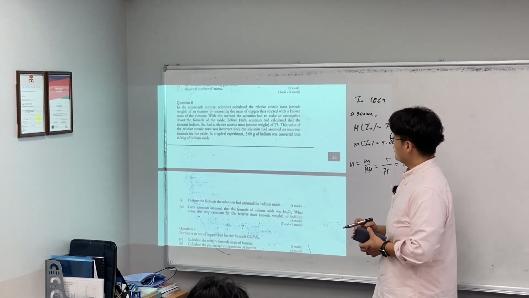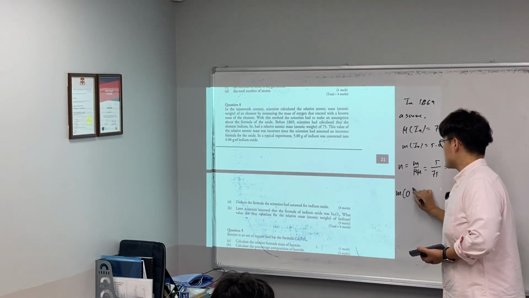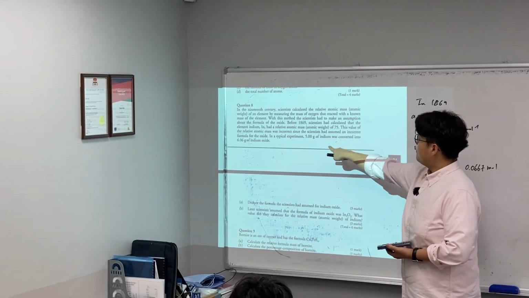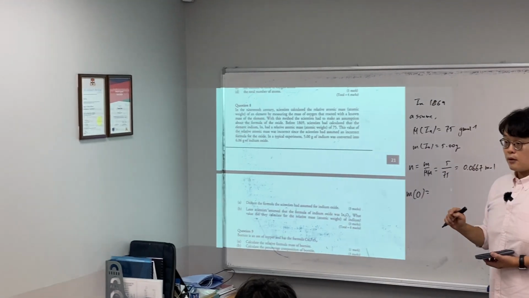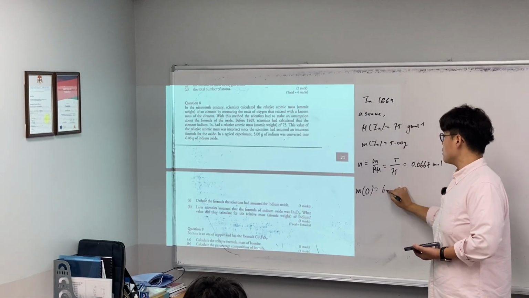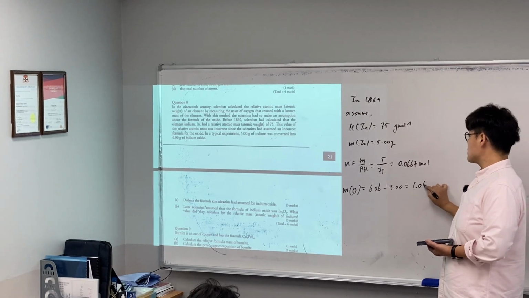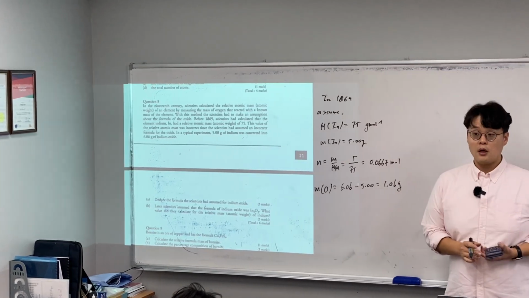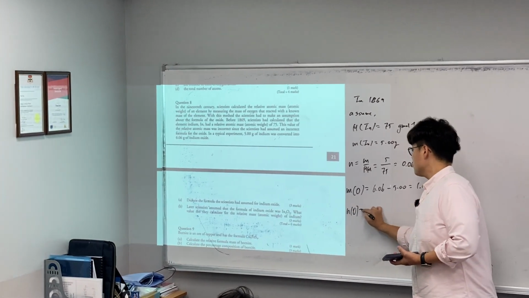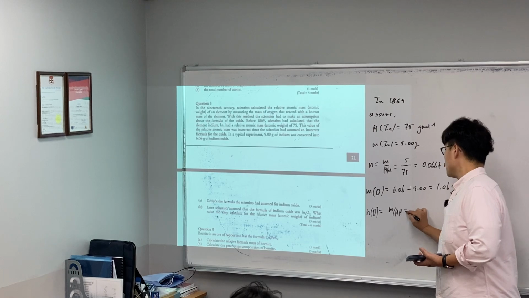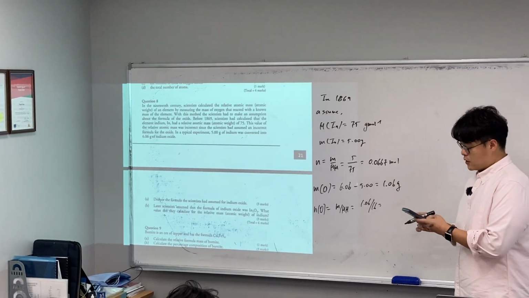And then they assume the mass of the oxygen. If 5 grams of indium was used to produce indium oxide, the mass of the oxygen must be 6.06 minus 5.00, giving us 1.06 grams of oxygen. Make sense? That means n of the oxygen must be, again, mass over molar mass. That's 1.06 divided by 16, just using our value, the 16, giving us